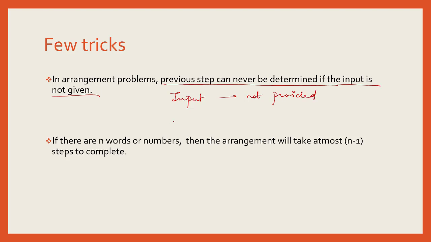and you have been given step 4, and you have been asked to find what is step 1, 2 or 3. That means you have been asked to find any of the previous steps. So in such a case where input is not available, it's not possible to find out what are going to be the steps before this particular step, and the safest answer in this case would be directly B, cannot be determined.